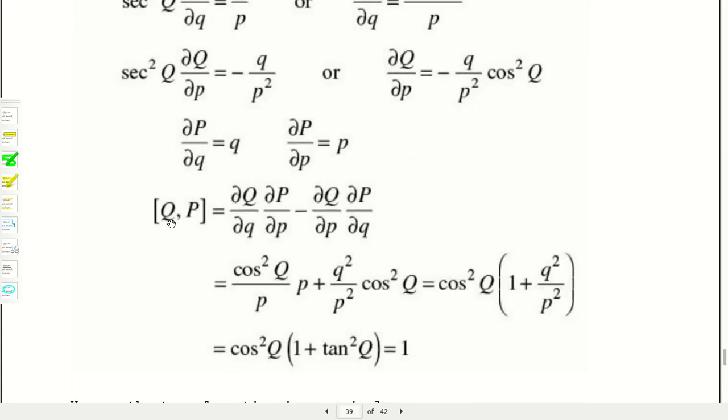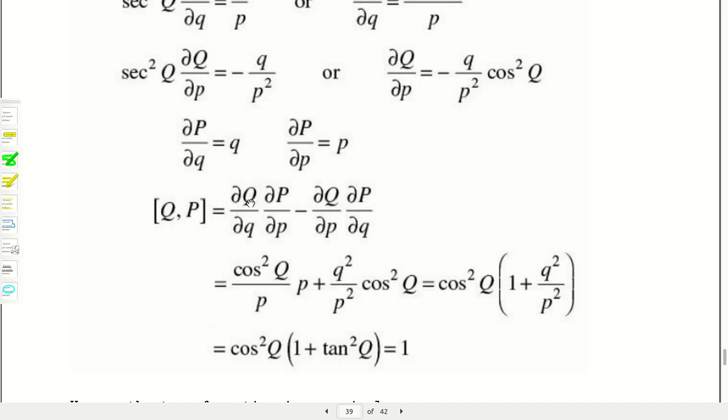Now we are moving towards the QP commutator bracket. The QP commutator bracket in the old coordinates, remember we studied using the f and g functions, now f and g are replaced by Q and P. So Q and P under the old coordinates small q and small p is equal to ∂Q/∂q ∂P/∂p minus ∂Q/∂p ∂P/∂q. The summation convention has been used, so we omit the summation symbol here, but it should be understood that the summation is there. Summation is not escaping anywhere.